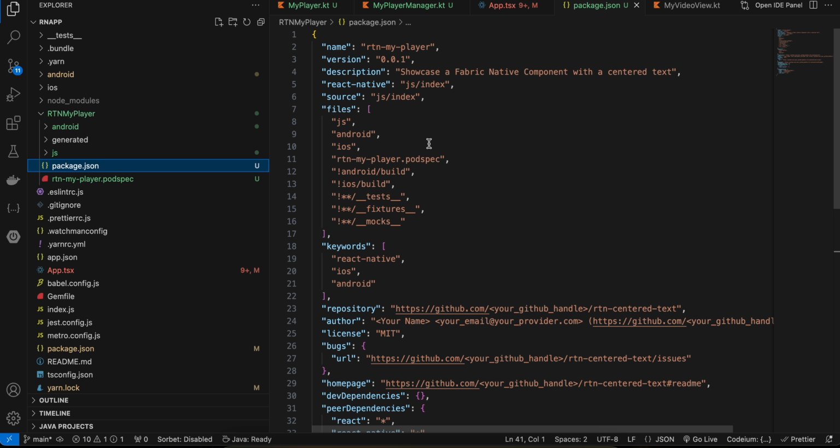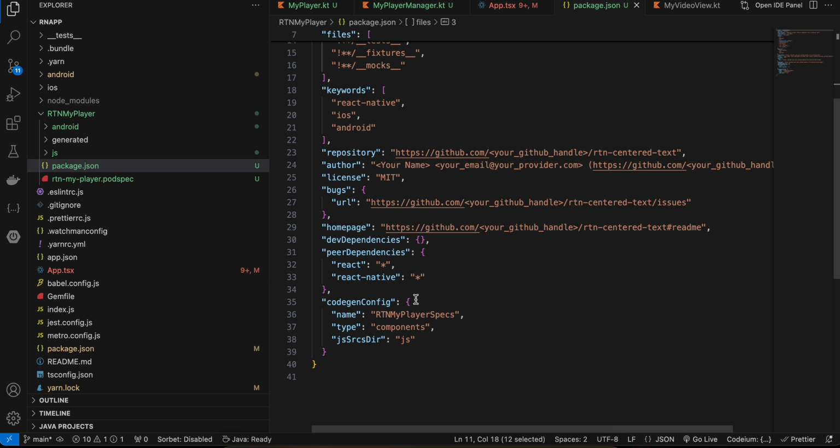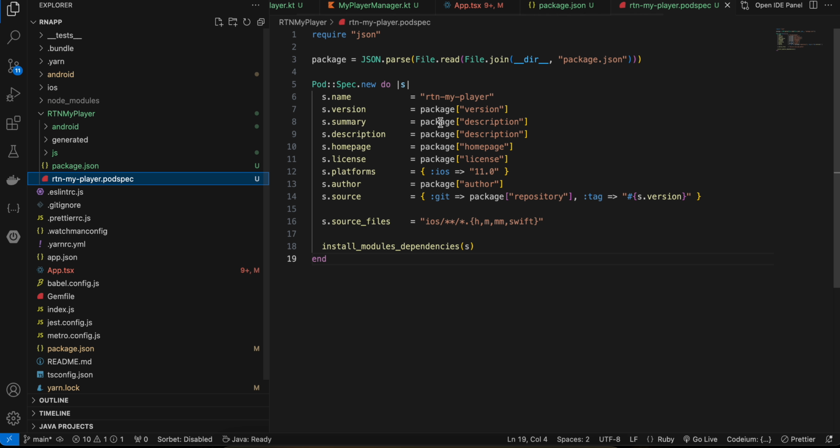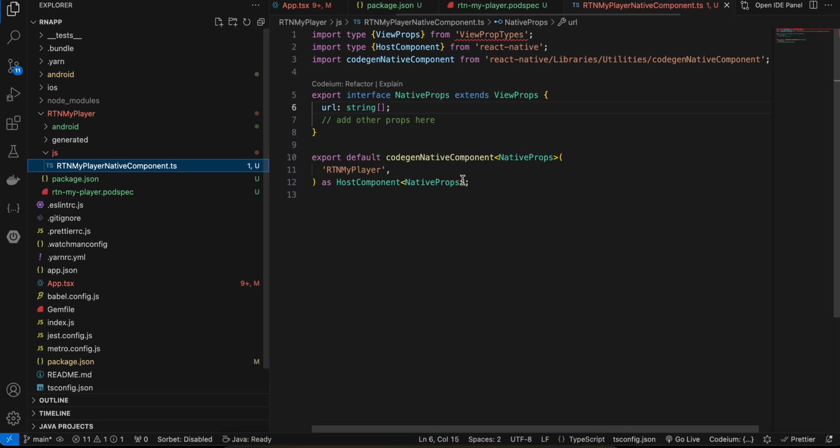I have copy pasted everything from documentation. Only this name has been changed, this has been changed, and this has been changed. Rest everything remains the same. Then we really don't need a podspec file because this is iOS specific. Okay, so you can ignore this. Then create a JS folder. Inside that I have created a TypeScript file. Again copied everything from the documentation. Only thing changed is this name over here, and here it takes a prop of URL which is an array